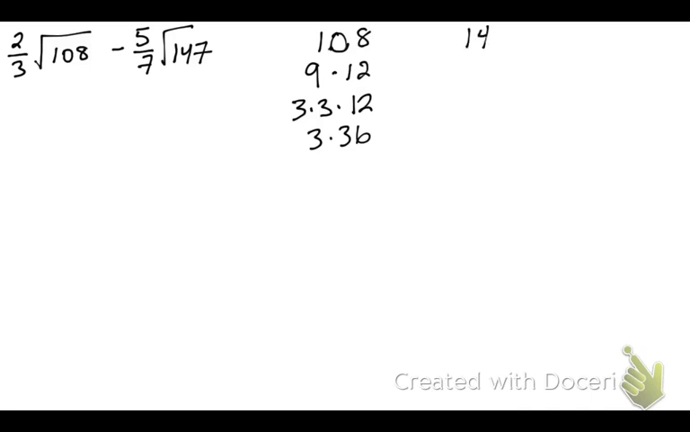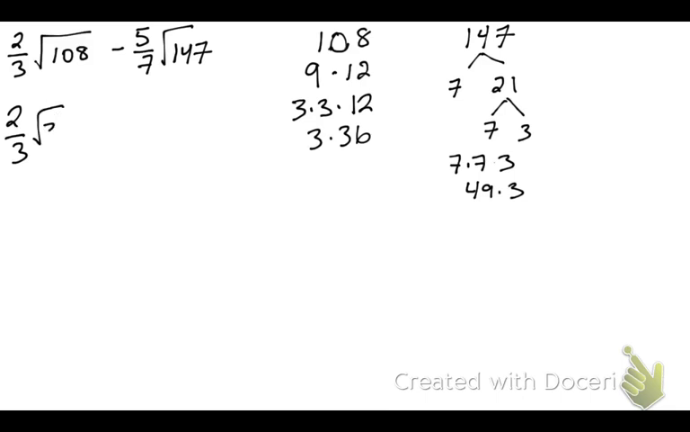147. There's another one I'm not familiar with. But I do see that that's 7 and 21, which means that it's 7 times 3, which means it's got to be 7 times 7 times 3, or 49 times 3. Now I'm more comfortable with these numbers, because 108, as we said, is the square root of 36